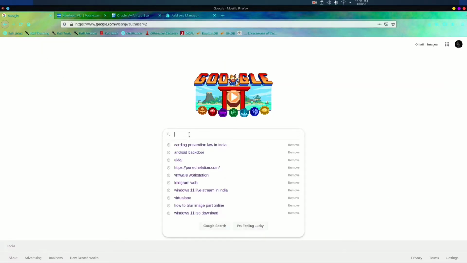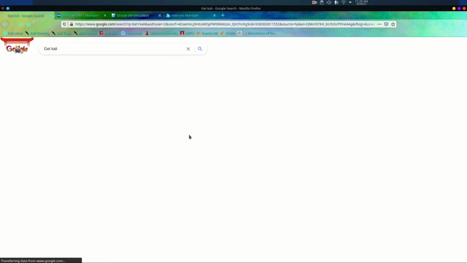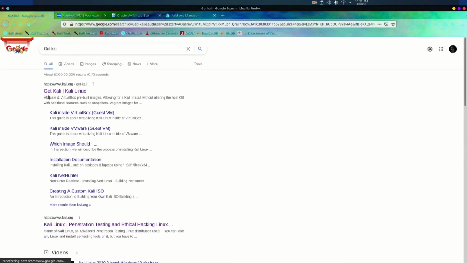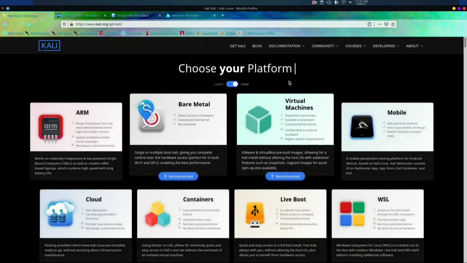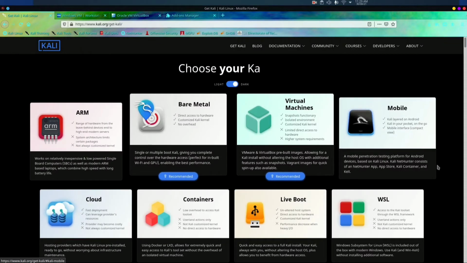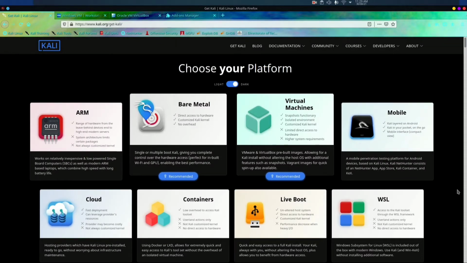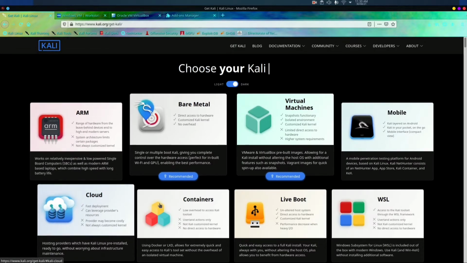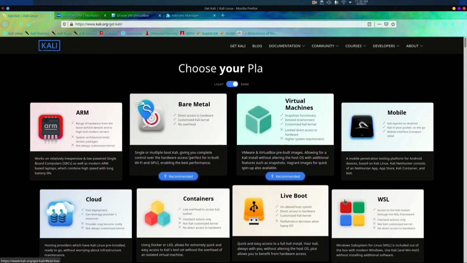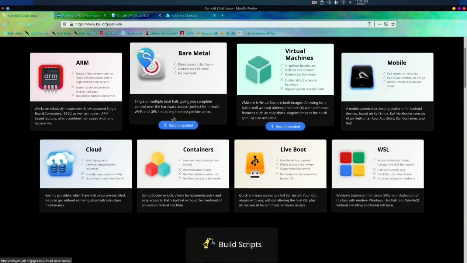Just go to Google and type here "get Kali". You will get the link as Get Kali Linux. Here there are different types of platforms given, like installing it on mobile, virtual machines, bare metal, ARM, cloud, containers, live boot, and WSL, etc. I will choose bare metal.